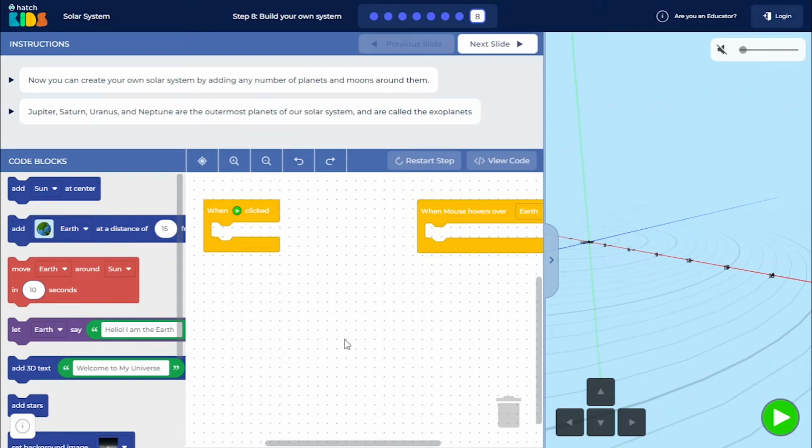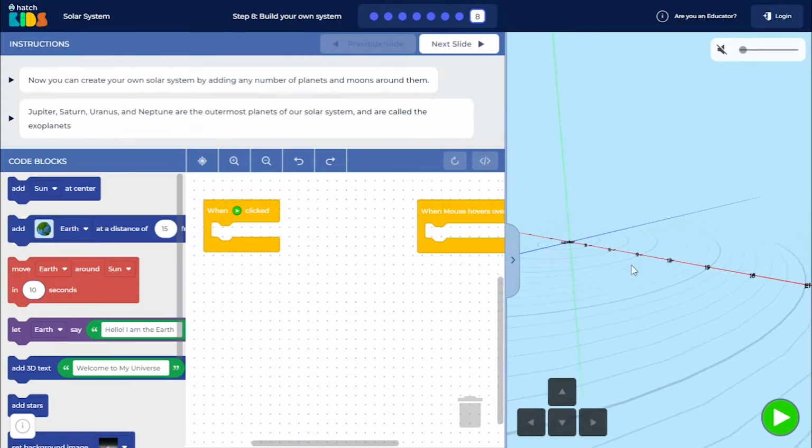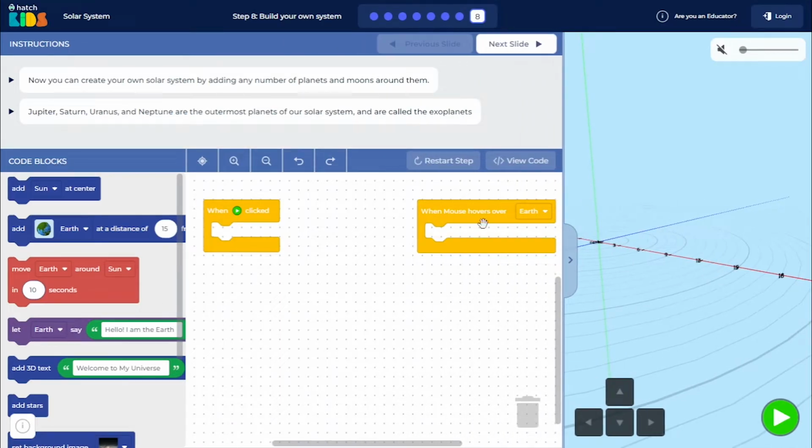Welcome to the final step of our solar system activity. Throughout the previous steps, you have learned how to add 3D objects in this 3D space, how to make objects move around each other, and how to make them say something when your mouse hovers over those objects, right? So we are going to use all of those functionalities that we have learned to build our very own solar